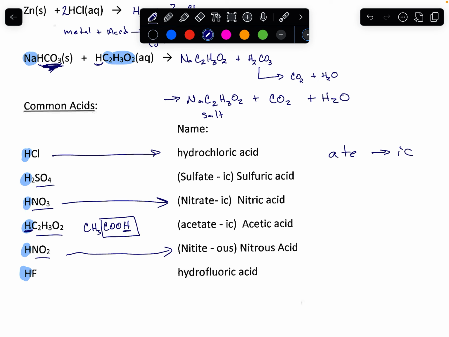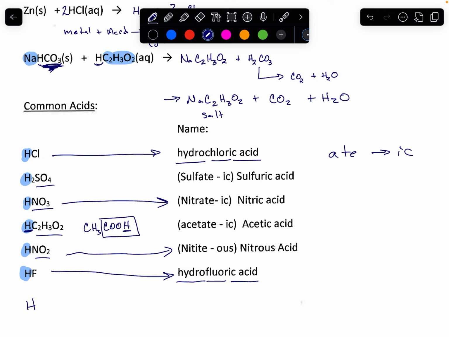But that leaves us with two other ones, the HCl up top and the HF. These ones don't have polyatomics. When I don't have a polyatomic ion, I always start off by putting hydro for the hydrogen part of it. Then I'm going to use the base of the other part of my acid, and finish it off with ic acid. So I've got hydrogen and fluorine, so I'm going to have hydrofluoric acid. Up here, I'm going to have hydrochloric